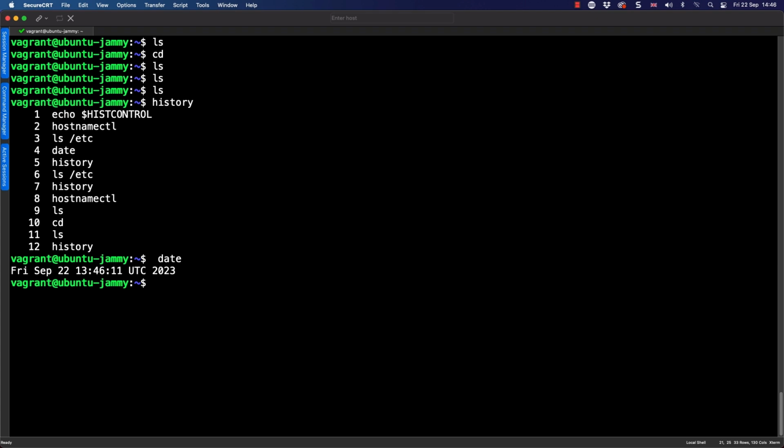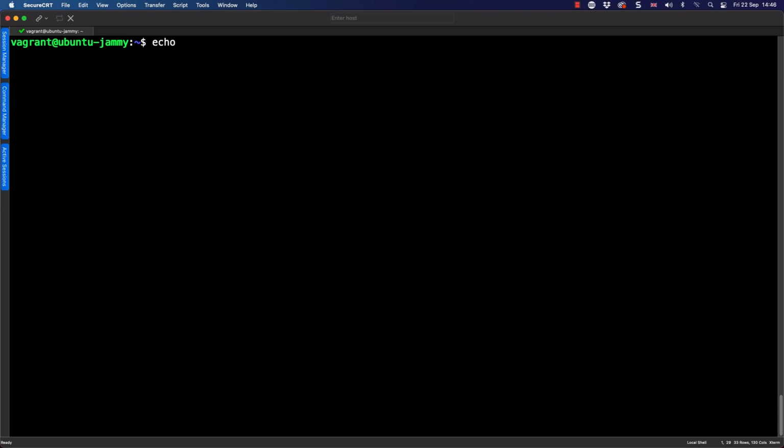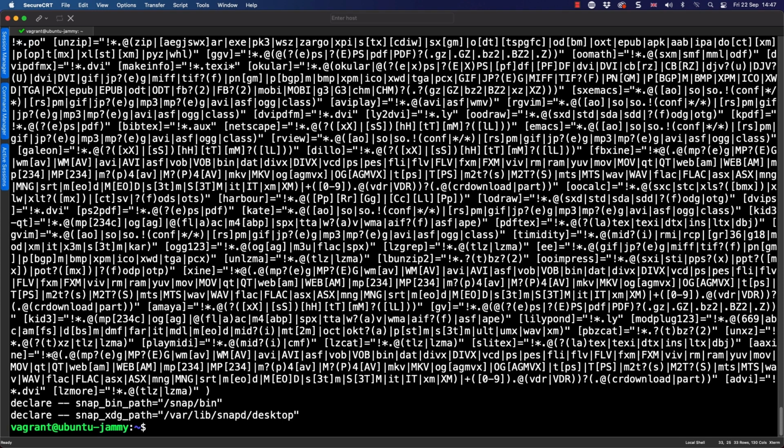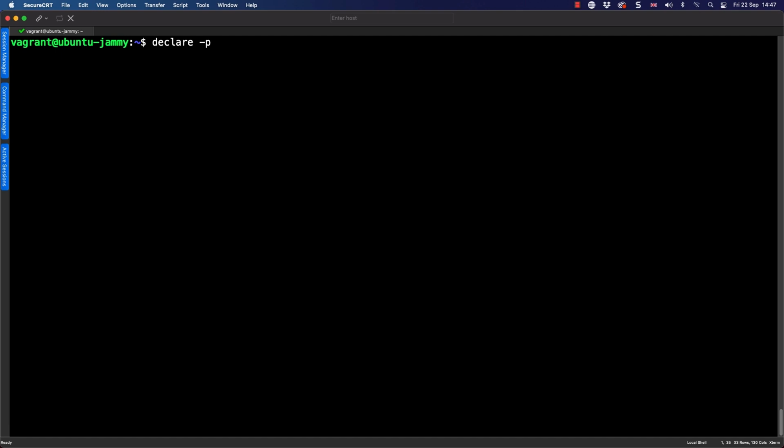To control our history, we have a variable and we can print it with echo $HISTCONTROL. The variable name is HISTCONTROL. However, to read the variable, we have $ in front. Another way, if you want another way to read variables, is declare -p. Now, if I don't put the variable name, every variable is going to be printed. So that's not particularly useful. But if I use declare -p and then HISTCONTROL, I can use tab completion on this. We can actually see then its value coming back. So HISTCONTROL is set to ignoreboth.